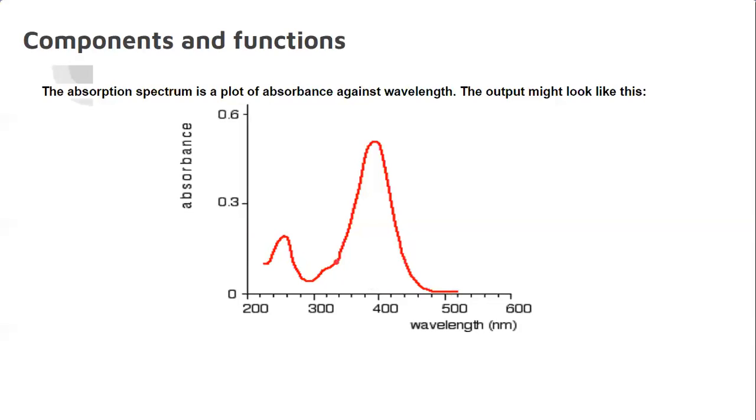But at this wavelength from 310 onwards, what happened? We found the maximum intensity at 400 nanometers. From 310, as we increase the wavelength of the light, absorption also increases, and it reaches maximum absorbance. This maximum absorbance is denoted as lambda max in UV visible spectrometer. So lambda max is what? The maximum absorption at a particular wavelength. That is known as lambda max.